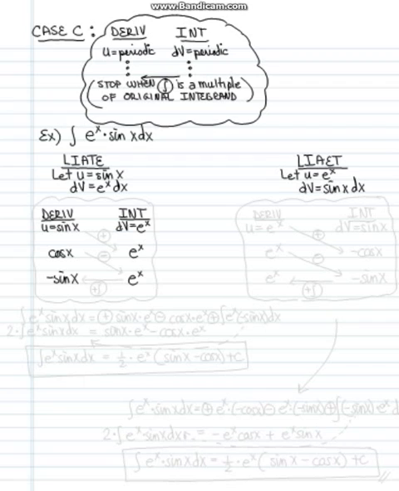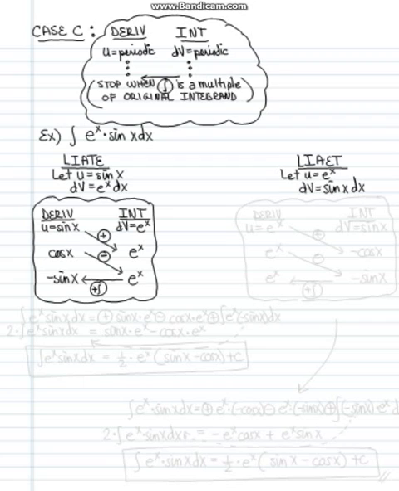Okay, now why did I stop there? I stopped there because if you come back in this direction at the bottom, you're going to get a multiple of the original integrand. The original integrand was e to the x sine x. This product is e to the x times negative sine x, so it's off by just a multiple number, a number negative 1. So let's set this guy up so we can finish it up. A plus, a minus, a plus the integral at the bottom. Okay, so there's a table,